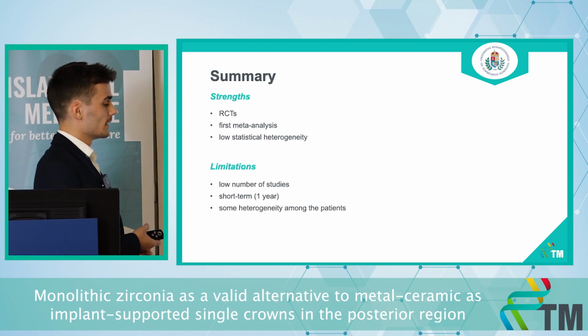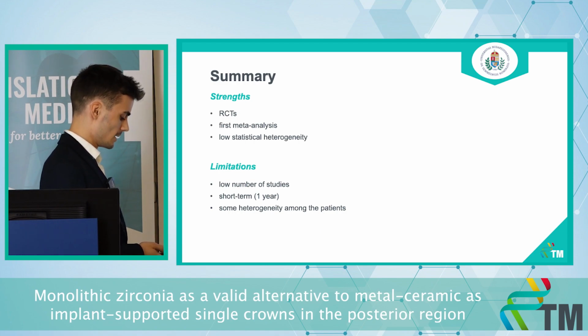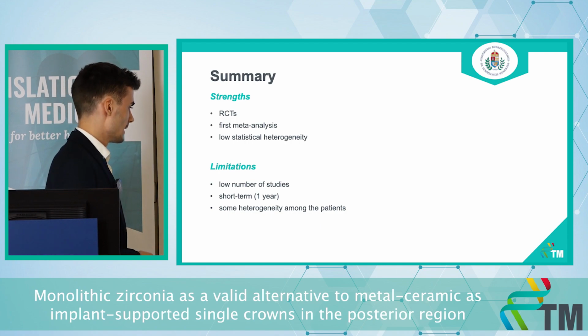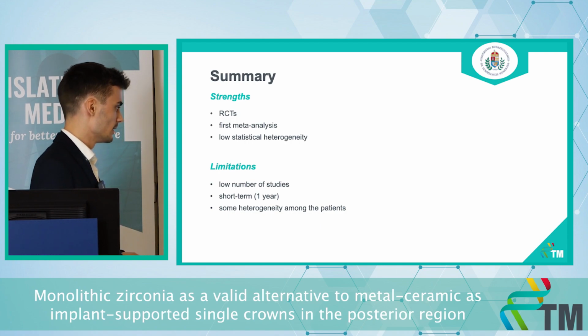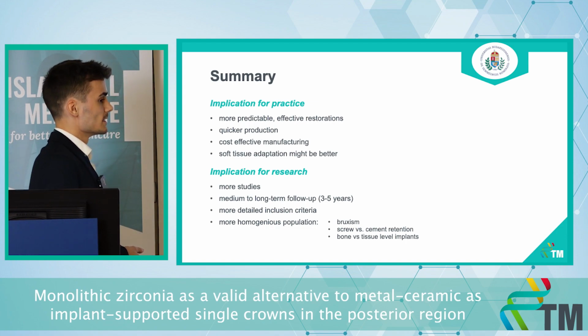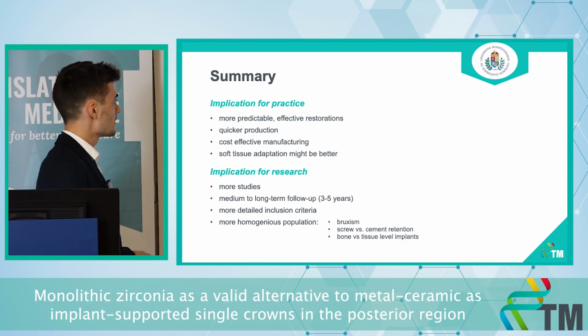The strengths are that we included only RCTs. This was the first meta-analysis in this topic, and we had a low statistical heterogeneity. However, we had a low number of studies with short-term follow-up periods, and there were some heterogeneity among the included patients. Using this material in the practice would mean more predictable outcomes, more effective restorations, a quicker production as well, and